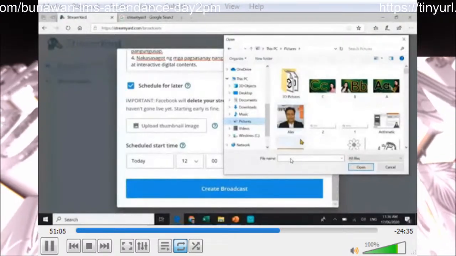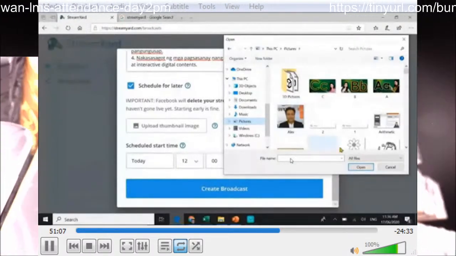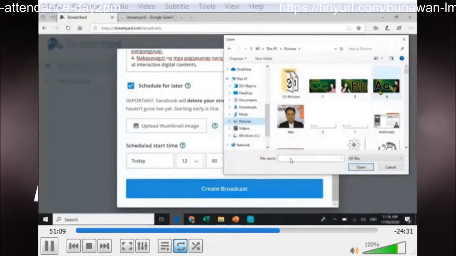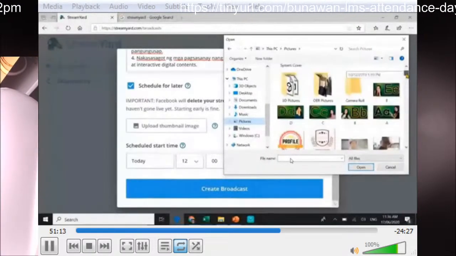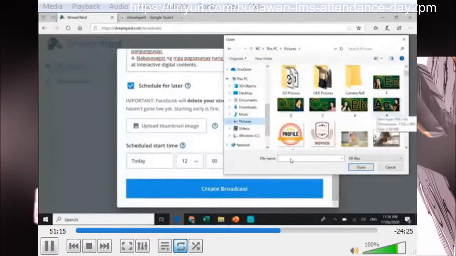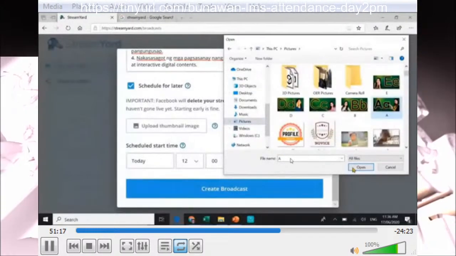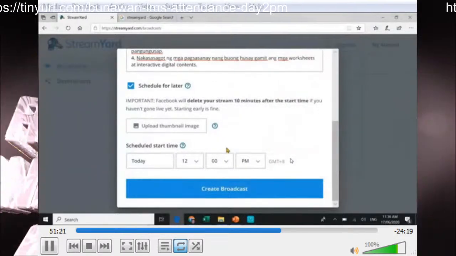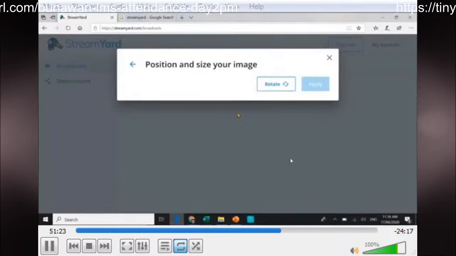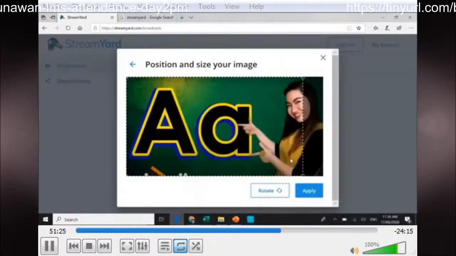Pasensya na po, Ma'am Levine. Ayan. Isa po siyang napakagaling na teacher. Kung mapapansin niyo po, siya ay nagdi-discuss ng mga letra. So, pwede po ninyong gawin na mag-picture po kayo and then have your lesson projected kagaya ng isang blackboard. Ayan. So, pwede niyo po yung i-resize. O, di ba? Gagawa kayo ng thumbnail.